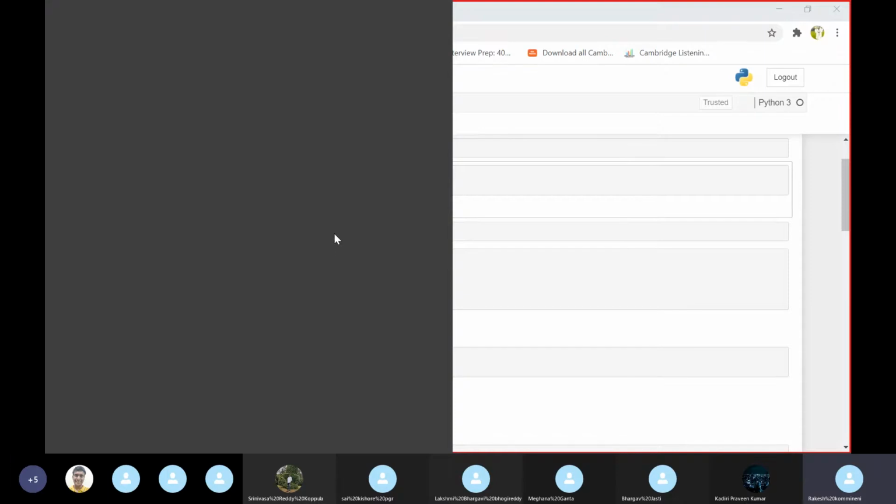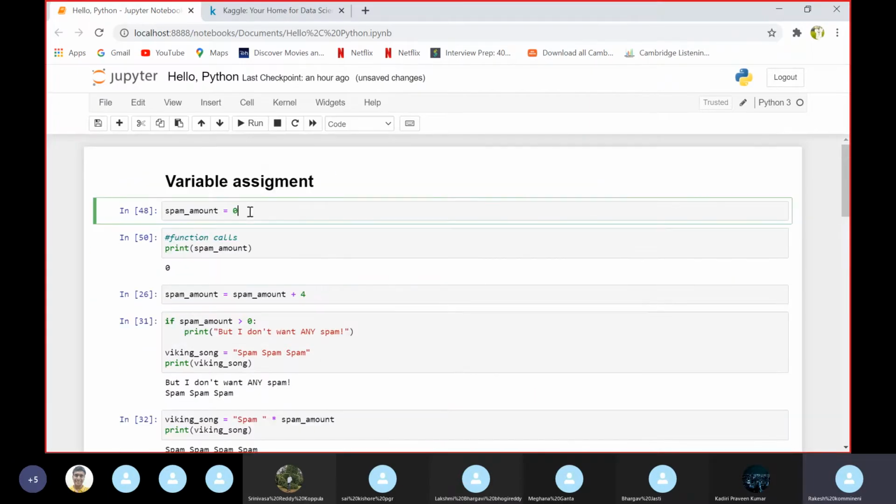Like Java and C++, where every time we need to declare the variables and their types, but in Python we can directly assign the values, no matter what the type of the value is, either int or float, any kind of value.